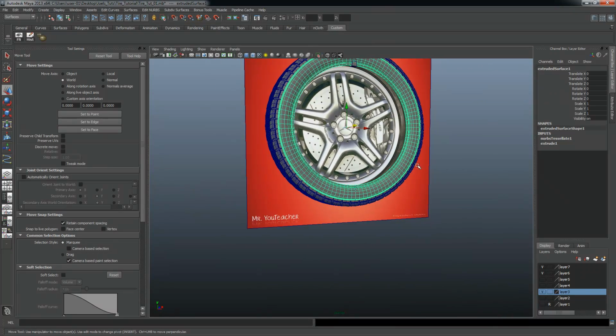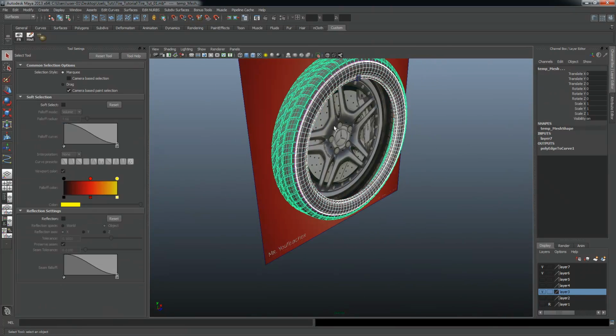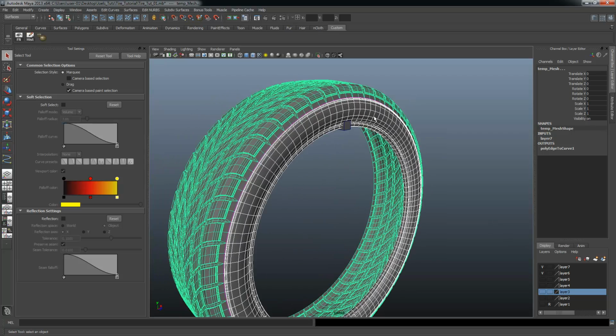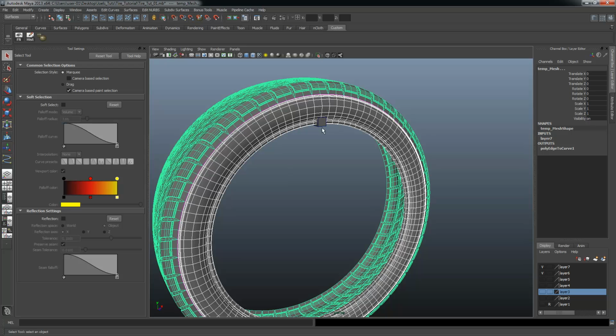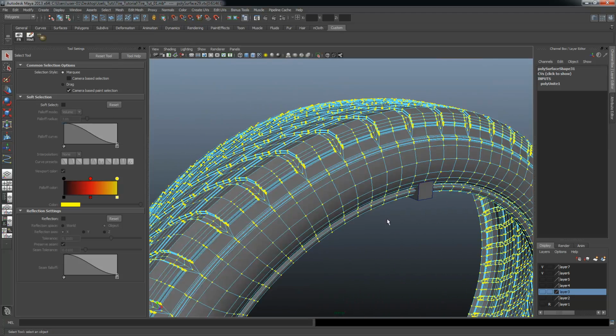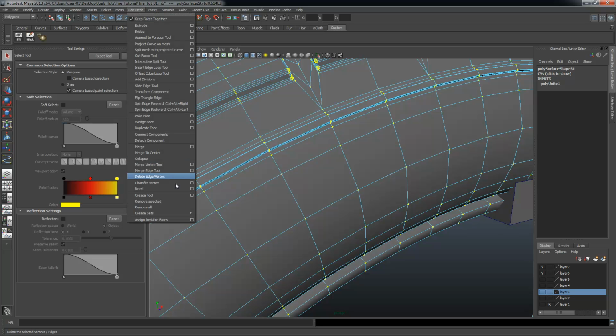Our tire is done. At this point, all I have to do is select the sidewall here, select my tire, and say mesh combine. So I go to polygons mode here. Let's delete the history on both of these first, and then I'm going to say mesh combine, and then I'm going to go in here to vertex mode, and I'm going to just go ahead and weld these guys. So I'm going to say merge,